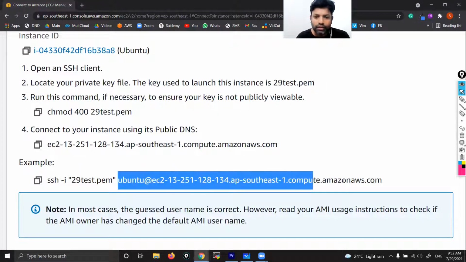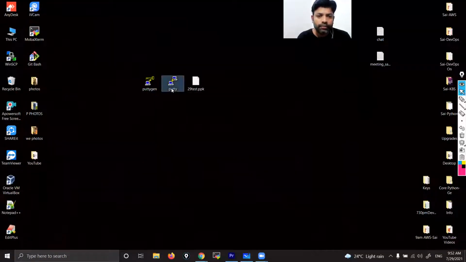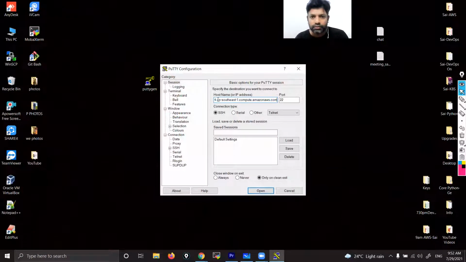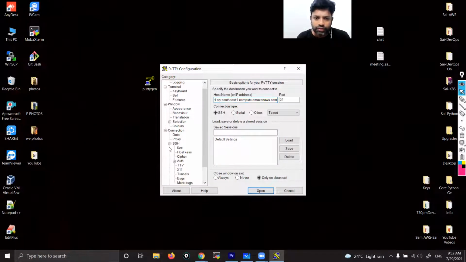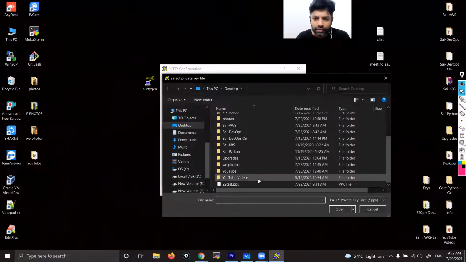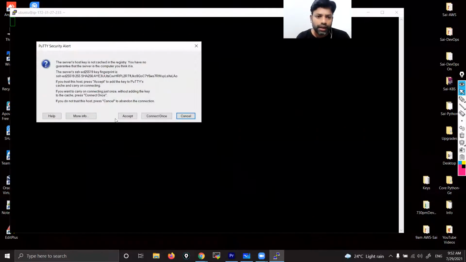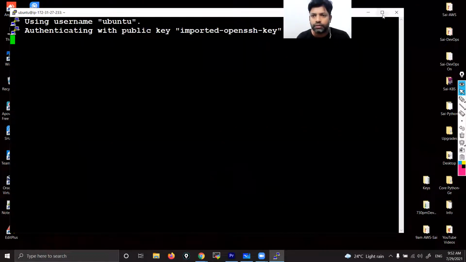Now ubuntu@DNS name, just copy that. Now open PuTTY. Now paste here. Now SSH authentication and browse for that PPK file which is on my desktop. Open and open. Accept. Simple.